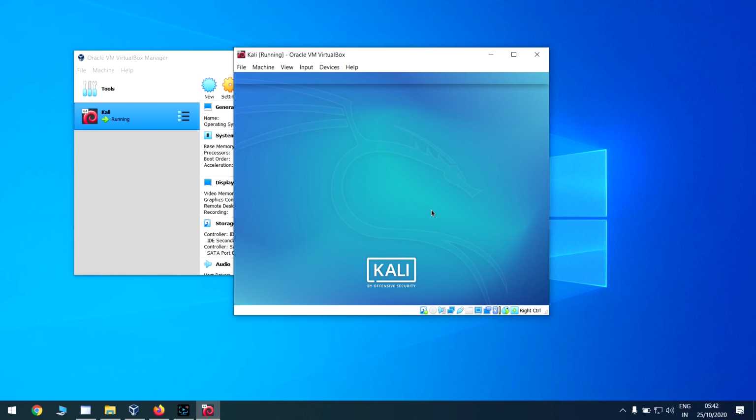We will see the desktop icons and the terminal menu. Yes, here they are. There are all the icons. This is my terminal. This is the time, battery percentage, and whatever you get on your Linux.